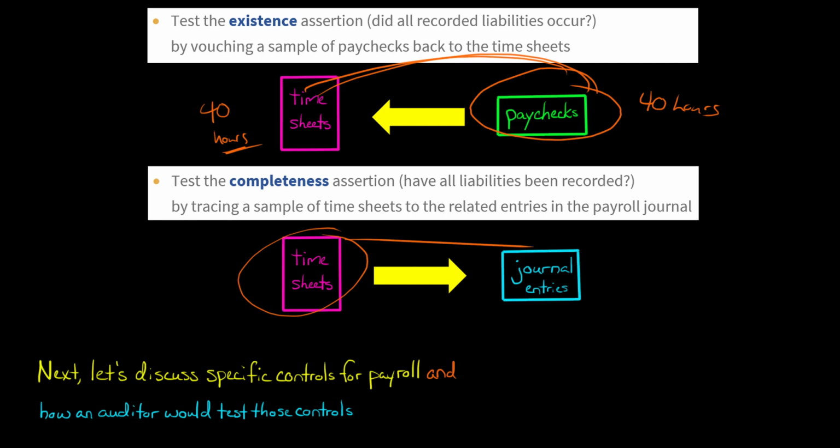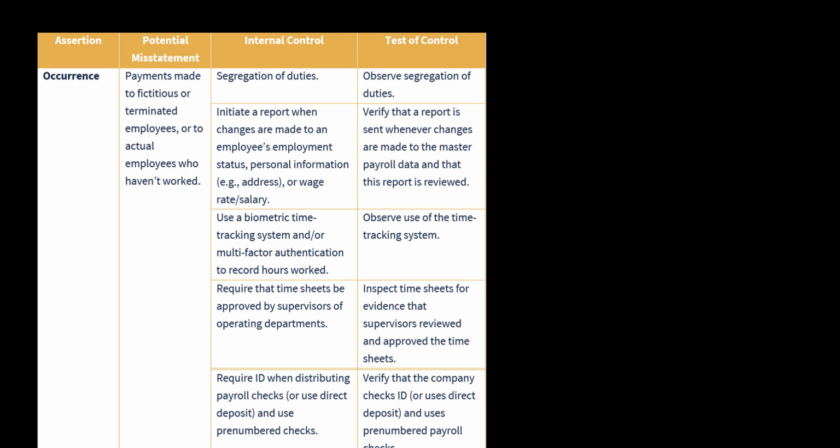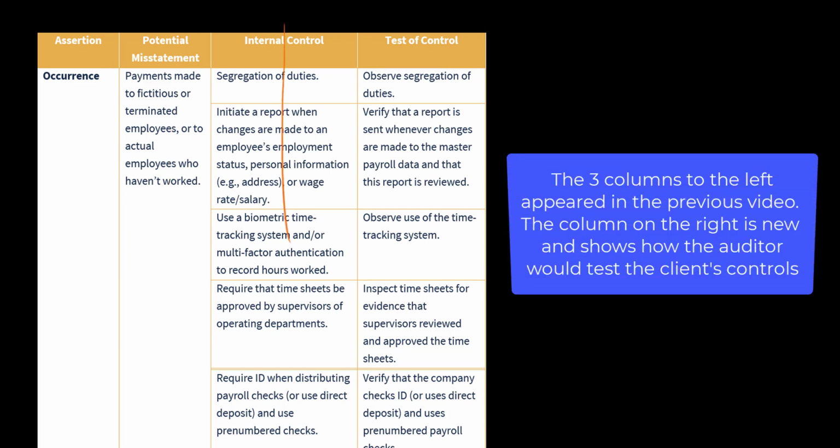Now, what we're going to do next is discuss some specific internal controls for the payroll cycle, and how the auditor would go about testing those internal controls. In this column right here, I have the management assertion. And then in this column, we have the potential misstatement. Here we have the internal control that the client would ideally have in place. And then this column, the test of the control. So this column is about what the auditor would actually go and do to test that that internal control is working,